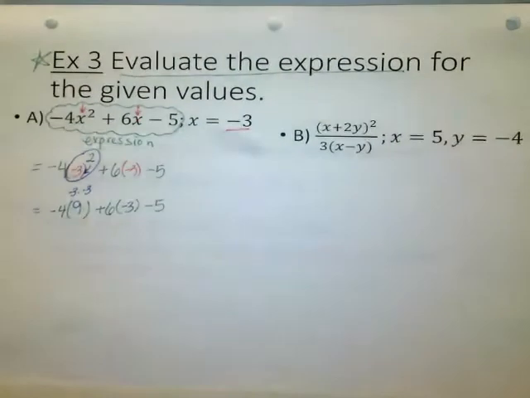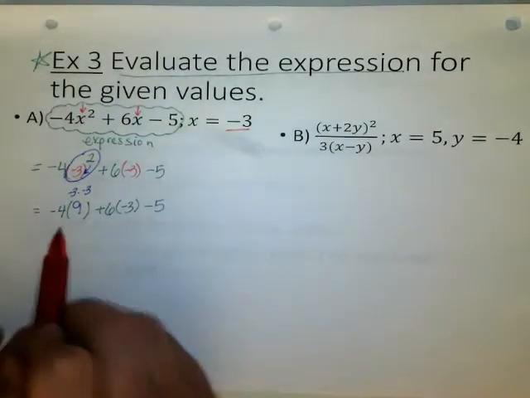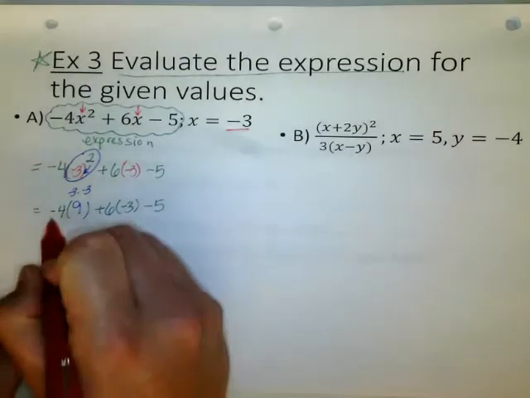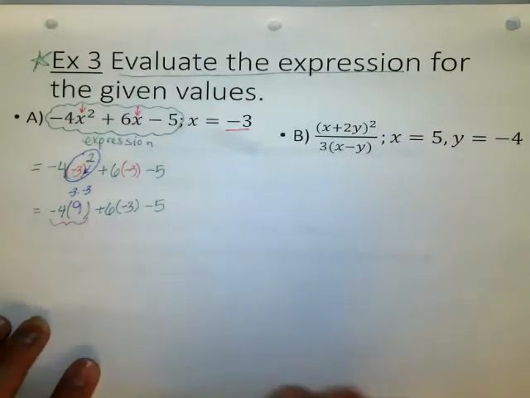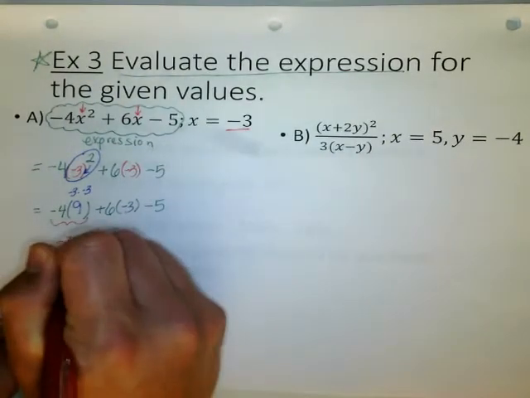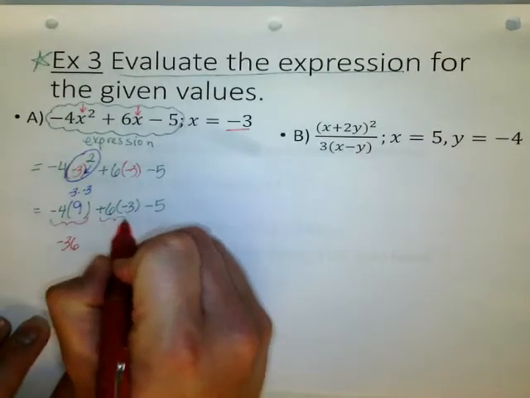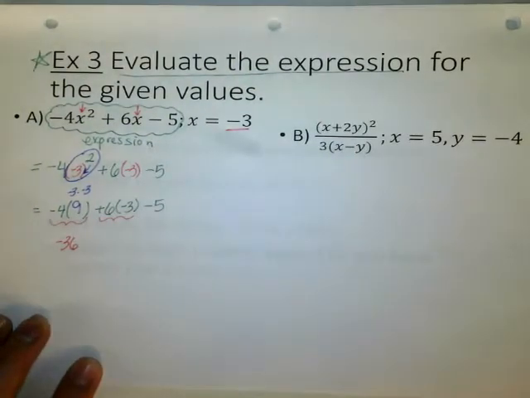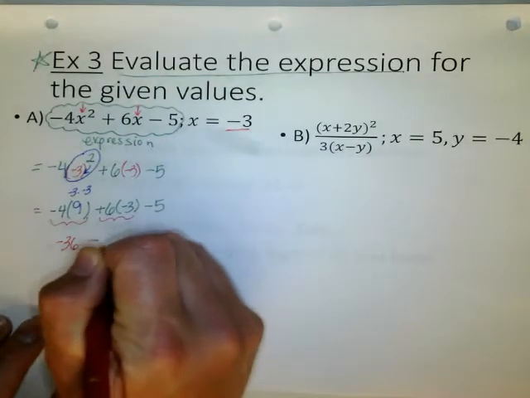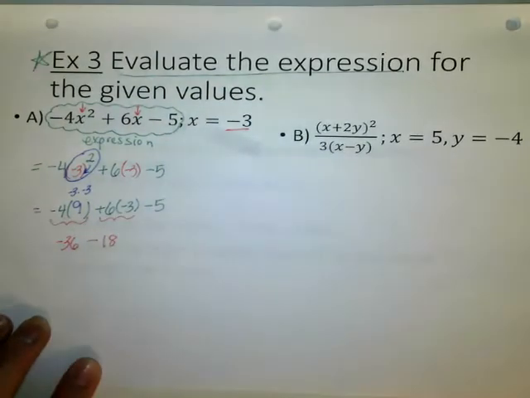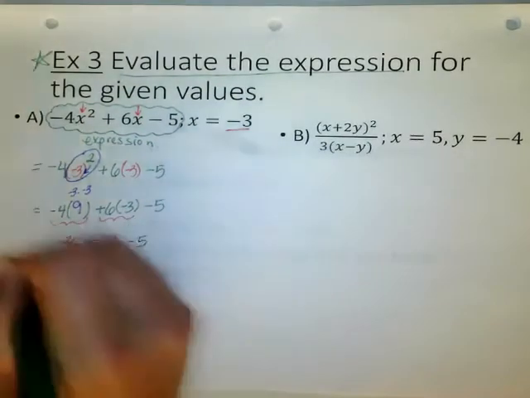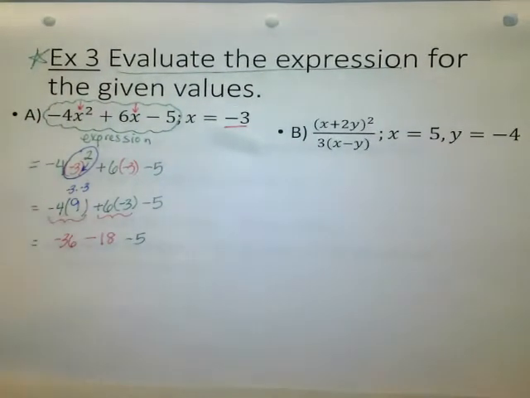Okay, so we've dealt with that exponent. Now what comes next? Multiplication. Yeah, we have a couple of multiplication when they're right next to each other. This is -4 times 9, which gives you -36. And here we have a 6 times -3. A +6 times a -3 is going to give me -18. Good. And then we have another whole lot of negatives here. -36, a -18, and a -5